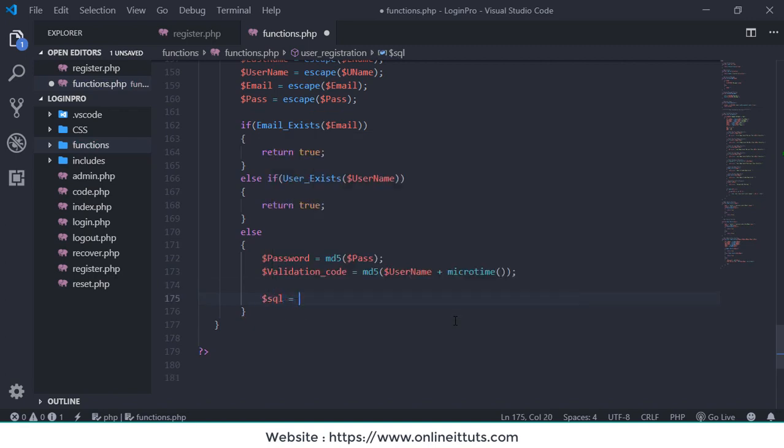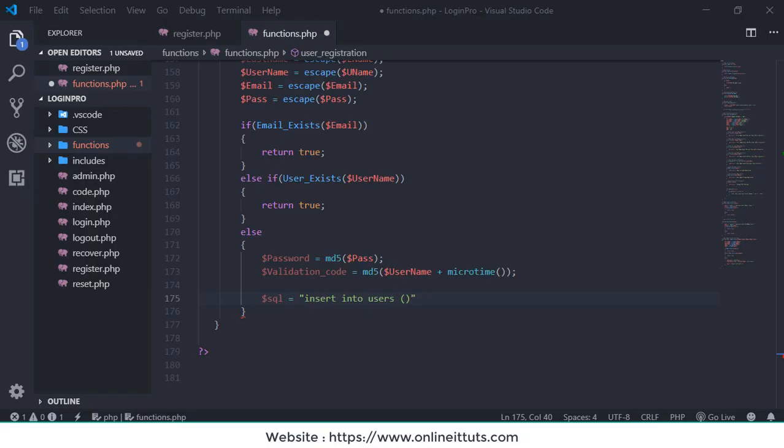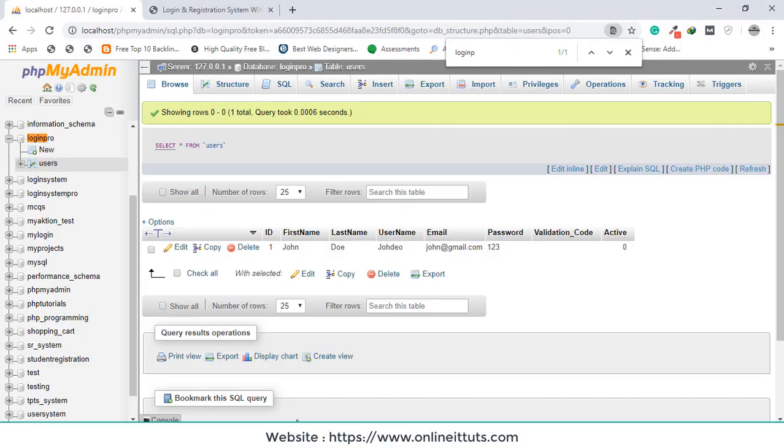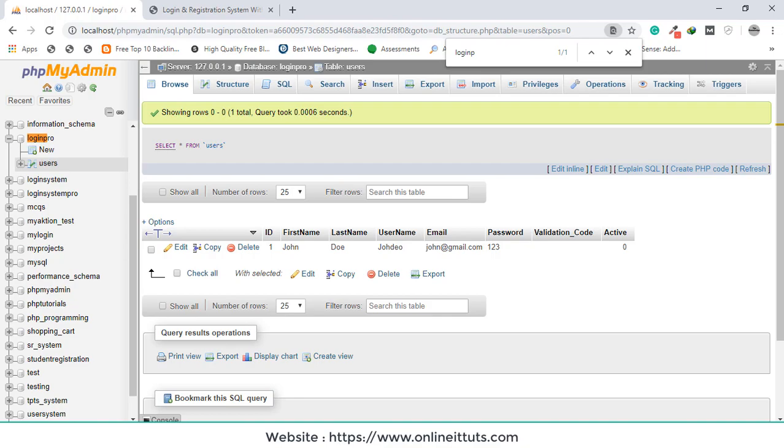I'm going to call SQL and the query is insert into user values, parenthesis, and target your database column names. First name, last name, username, email, password, validation code, and active. So you need to write username, this is your database column name, first name, last name, and username, first name, last name, username, and email,